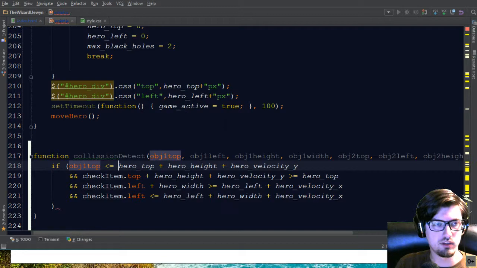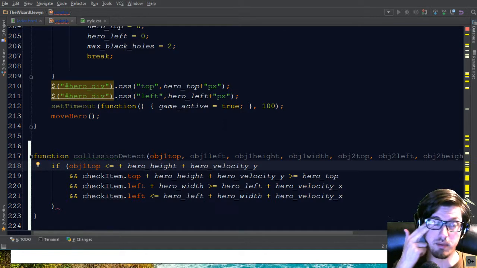Okay. So if object 1 top, all right, so I'm going to need to think about the box model on this one. Okay. So if the top,